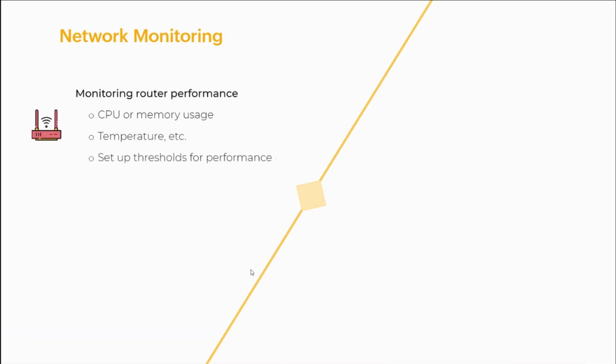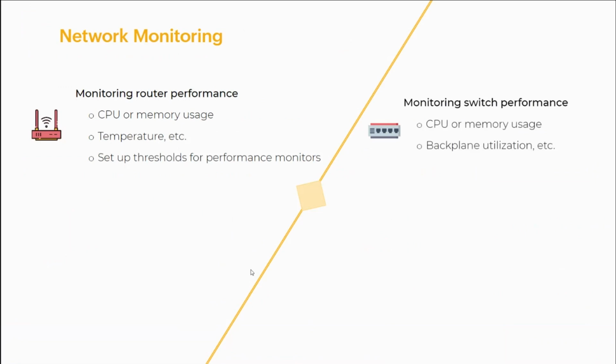OpManager can monitor various network devices that are reachable from the OpManager server, and any parameter that is configured with an SNMP credential. When it comes to routers, OpManager is capable of monitoring parameters such as active IP sessions, buffer failures, IP routing discards, or the CPU load or memory, etc. Likewise, for switches, OpManager monitors the memory usage and the backplane utilization of the switches and various other features.